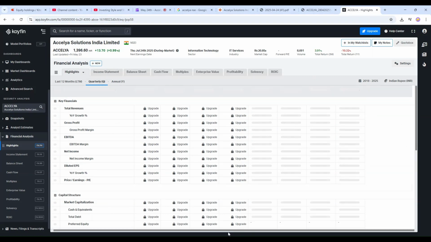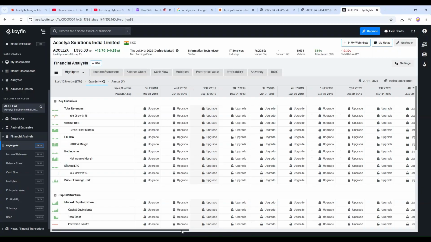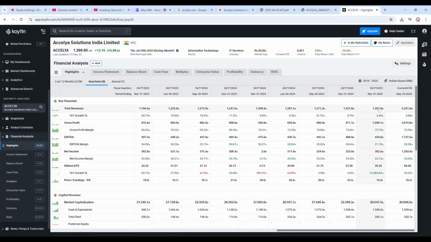If you want to check the quarterly data, see the growth for the quarter was only 4%. This is year on year. So Q3 FY25 compared to Q3 FY24, it wasn't very high. The income for every quarter is in this range of 20. Only for this year it went down due to the exceptional item, but if you check the EBITDA level, it was exactly the same, more or less in the same range.